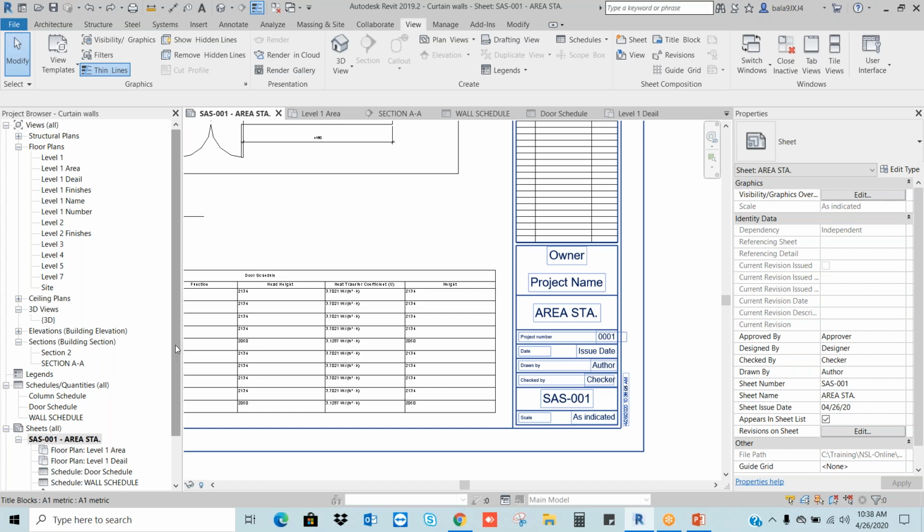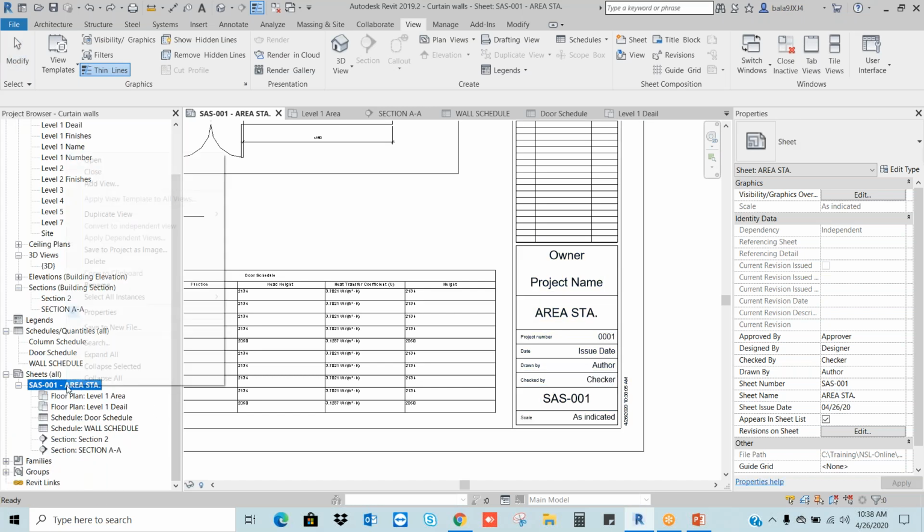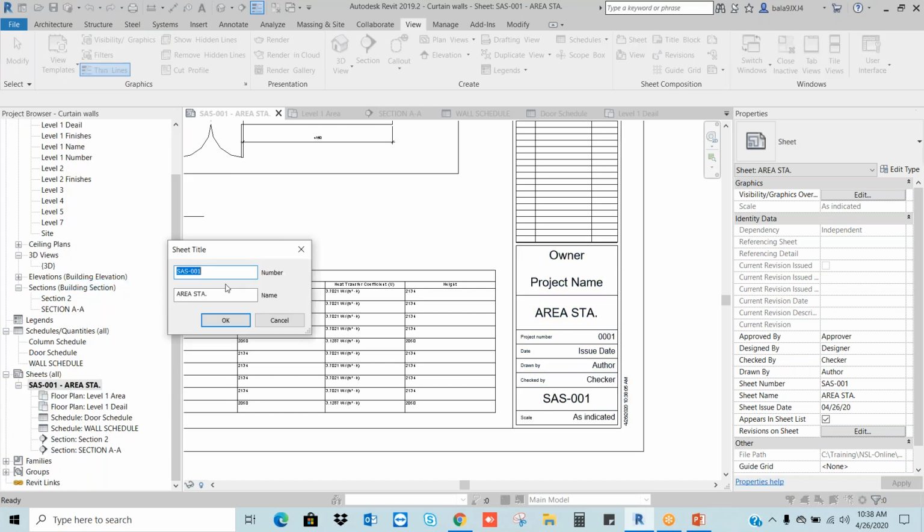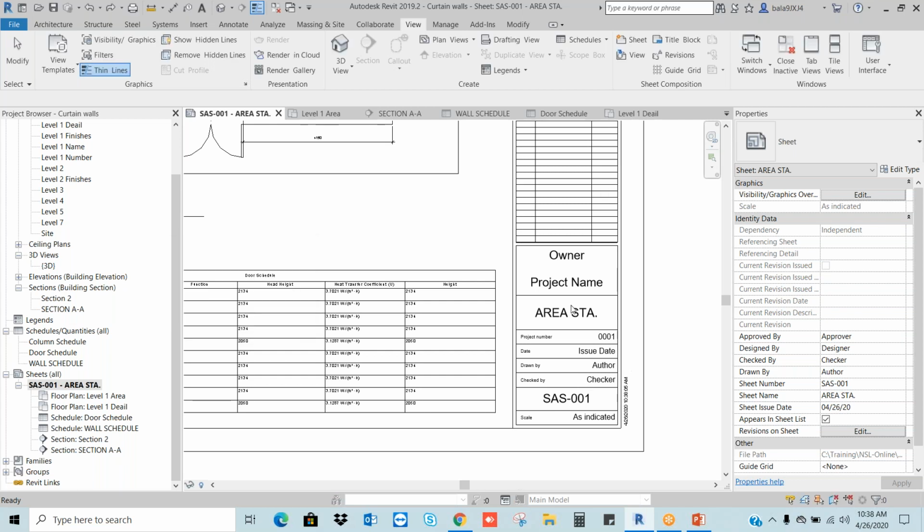For example, if I am changing the name and the number here, it is getting updated. Okay, so everything depends on the labels and parameters in Revit.